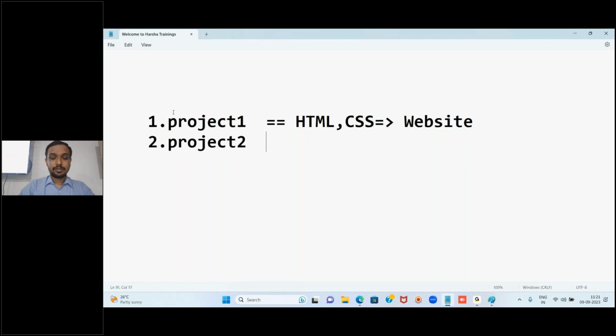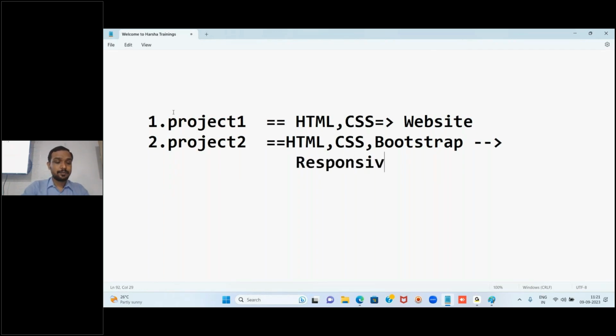In this, we'll be using the technologies HTML and CSS. Along with that, we'll be using Bootstrap. What is Bootstrap here? It's a CSS library. Mostly Bootstrap is used for the creation of responsive websites. You know the meaning of a responsive website? You know or you don't know? Responsive website means whatever website we create, those web pages should be visible properly on all devices. Understood? Got it or not?